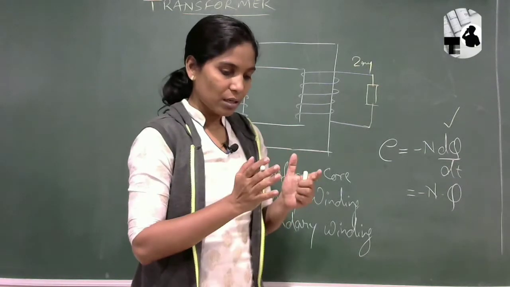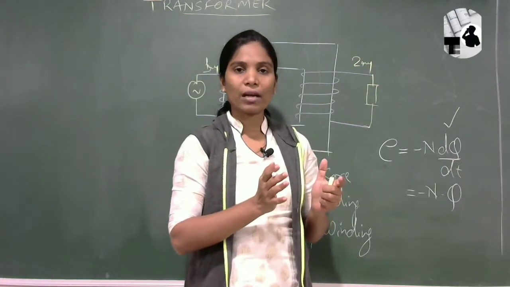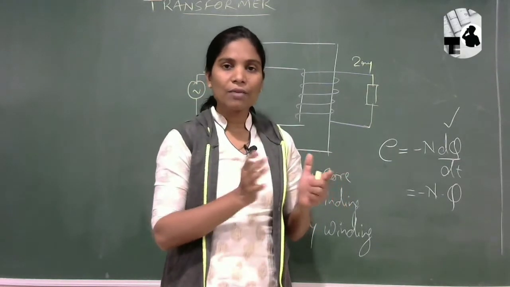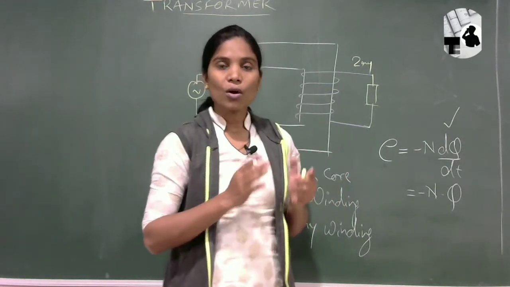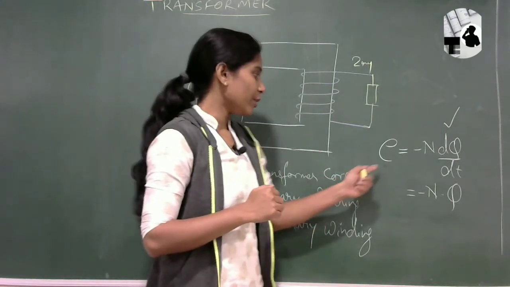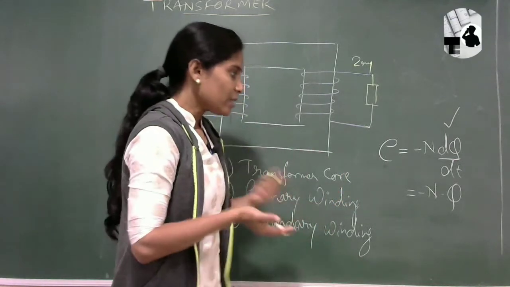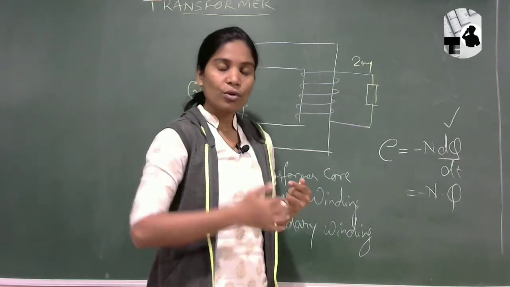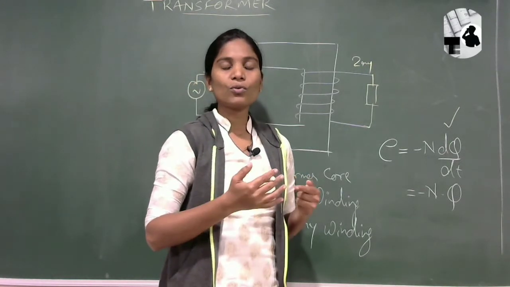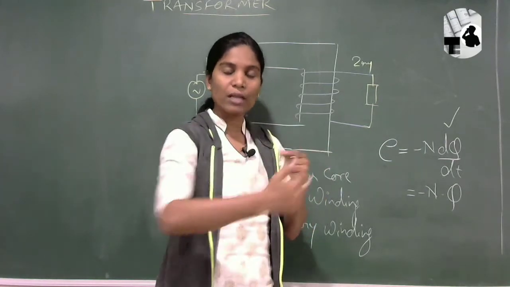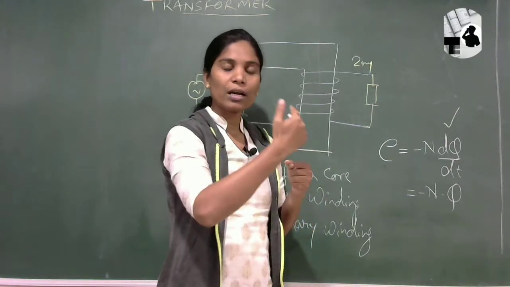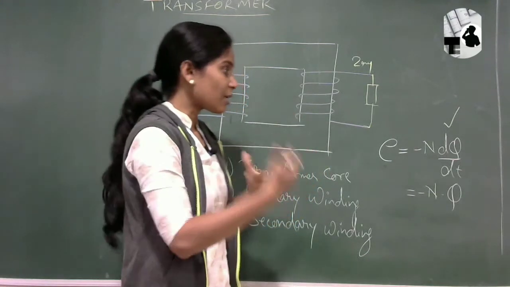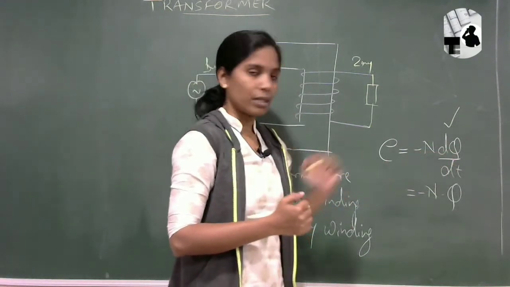If that conductor is kept under the magnetic field, that means it is linking with the flux, right? But that linking of flux with the conductor is not the only thing which will give me the induced EMF. What is the desired thing? I need the change in flux. To get that change in flux, we used to rotate the conductor so that it comes in contact with the changing flux. So that setup we are providing to get the dφ/dt, right?